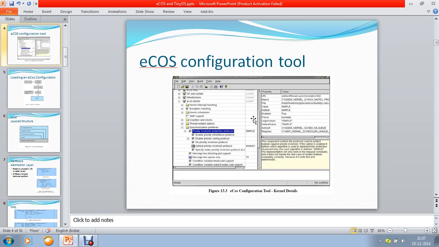So at the highest software level is the application source code for the particular embedded application. This code is independent of eCOS but makes use of the application program interfaces, that is APIs, that sit on top of the eCOS software. There may be only one version of the application source code, or there may be variations for different versions of the target embedded platforms. In this example,